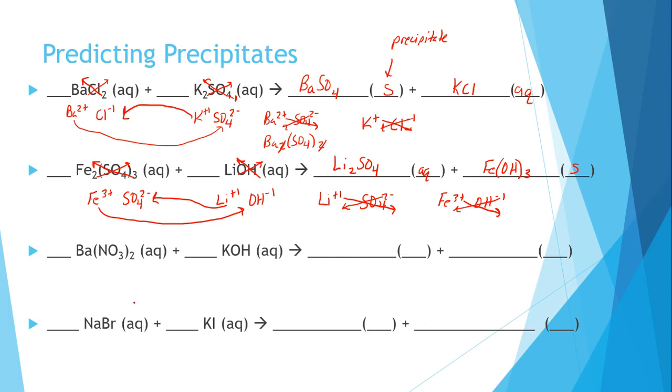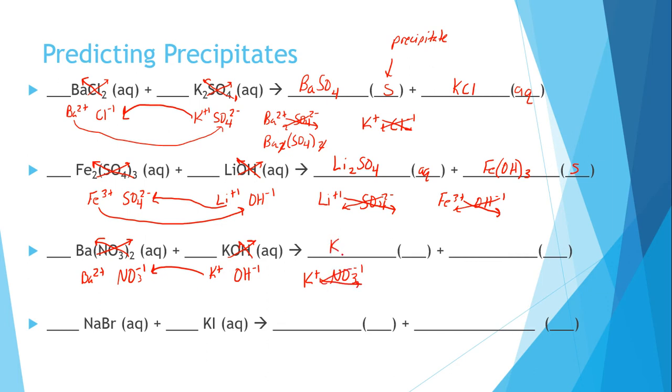Okay, let's go ahead and try to do these. Again, first we need to uncross our charges. So barium has a 2+, nitrate has a -1. If you uncross this one, potassium has a +1, hydroxide has a -1. Remember, my positive needs to pair with my other negative. So if I cross them,